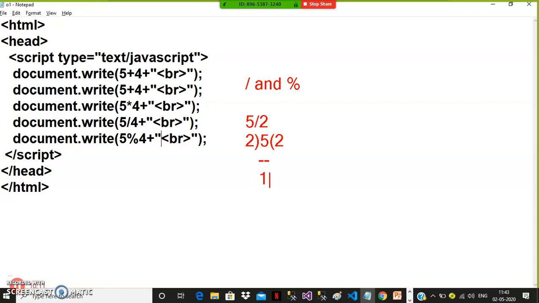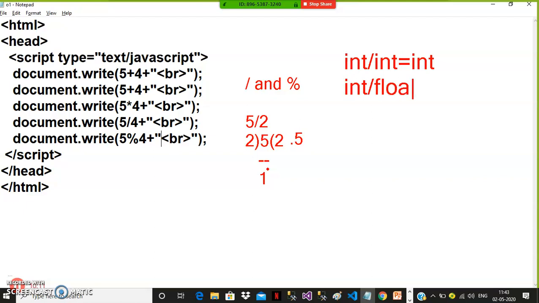And here you can give 0.5, which is 10, something like that. Actually in other languages like Java and C Sharp, int by int will give you int only. In Java, 5 by 2 answer is 2, C Sharp also 2. In Python you have two separate operators, by and double by: one for float division, one for int division. But JavaScript will always give you the result as float only.